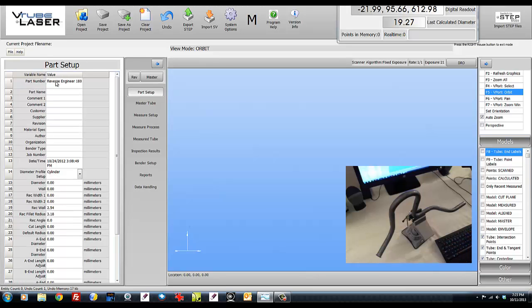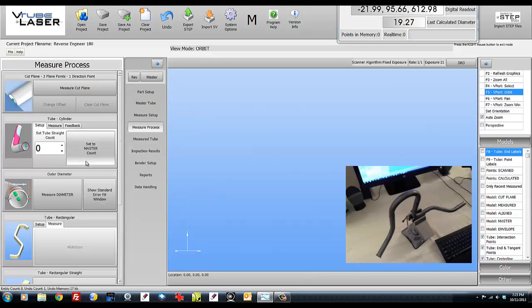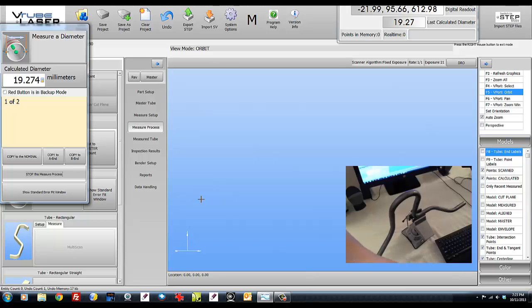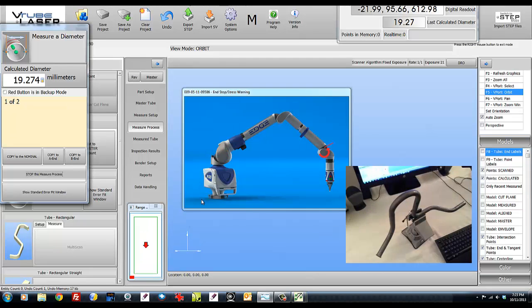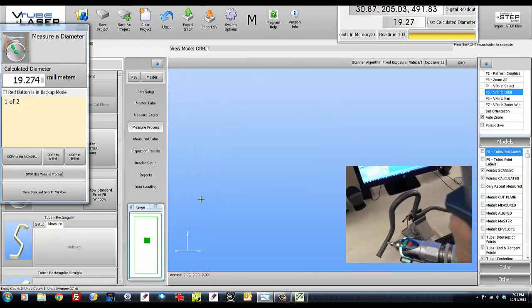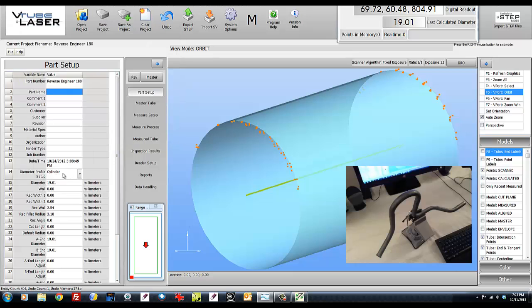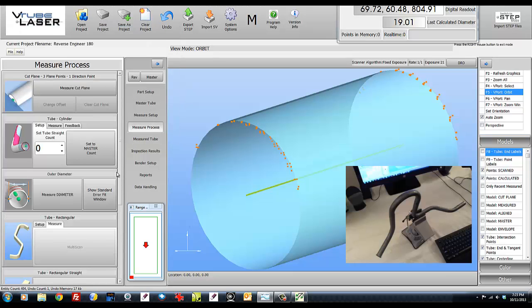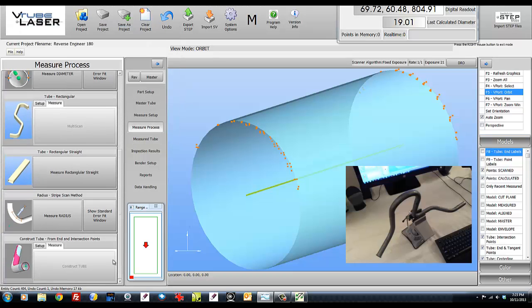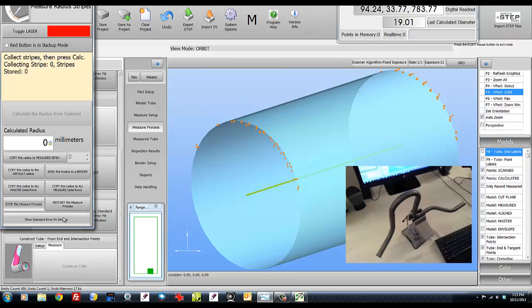You can either enter the default diameter or measure it using the Measure Process menu, Measure Diameter. After you measure the part, copy the value to nominal and A end and B end. You can enter the radius value in the default radius of the Part Setup menu, or you can measure it